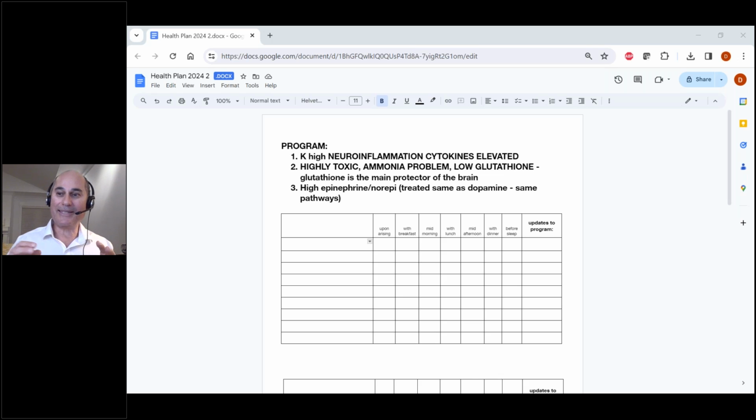So I really disdain and dislike automated protocols that are just printed out because something happens, you take this. I really think that we should all be designing these from scratch because it's a creative process and you want to be able to grapple with the different variables. So here are the variables up top: neuroinflammation, toxic,